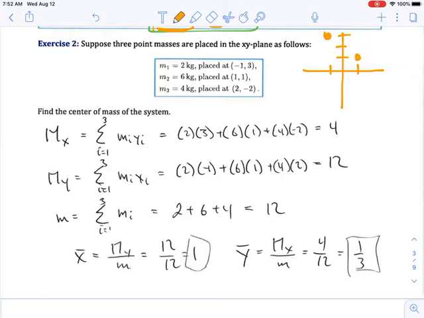And then at 2, -2, we have another mass here. And so we want to find the balancing point of these. The x and the y coordinate, where all three of these would be balanced in the x direction and in the y direction. And so first we're going to find